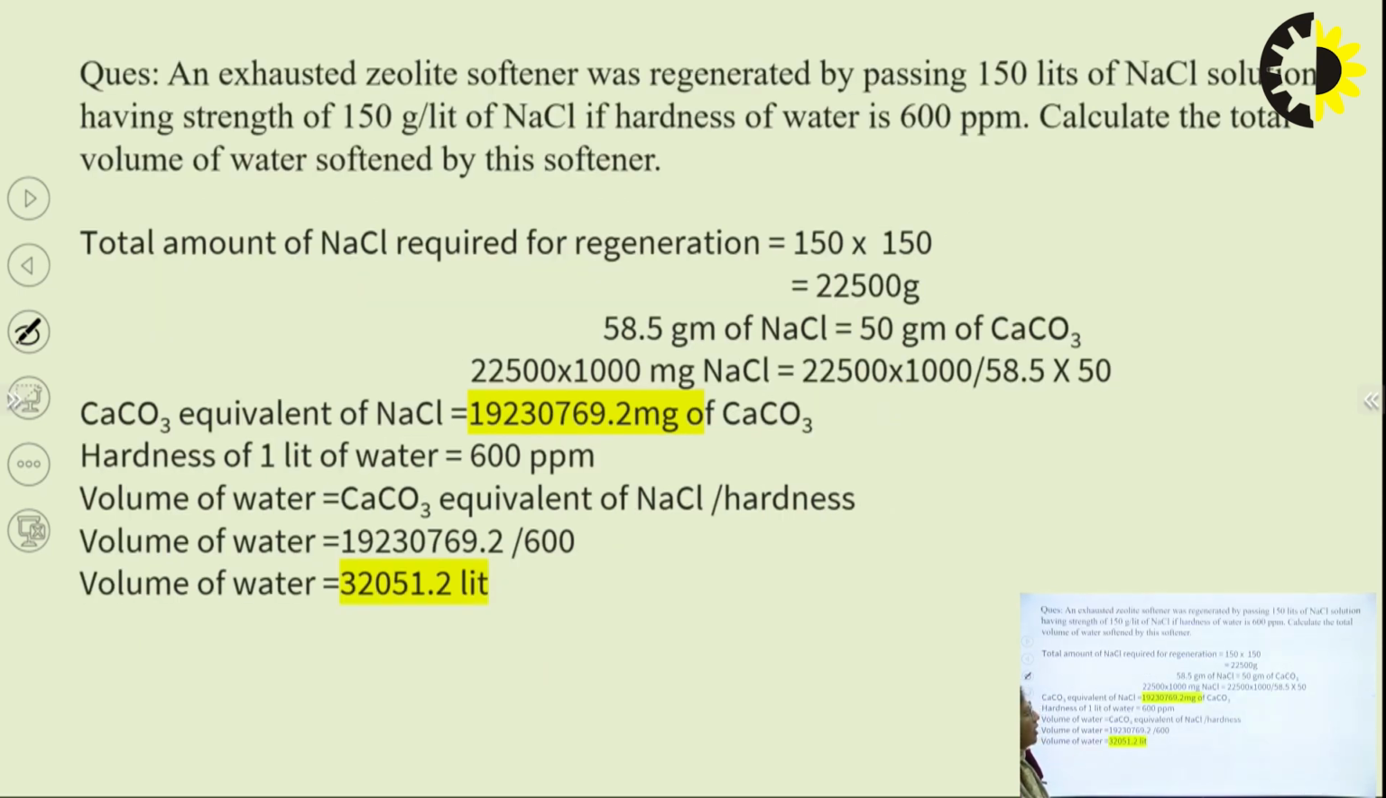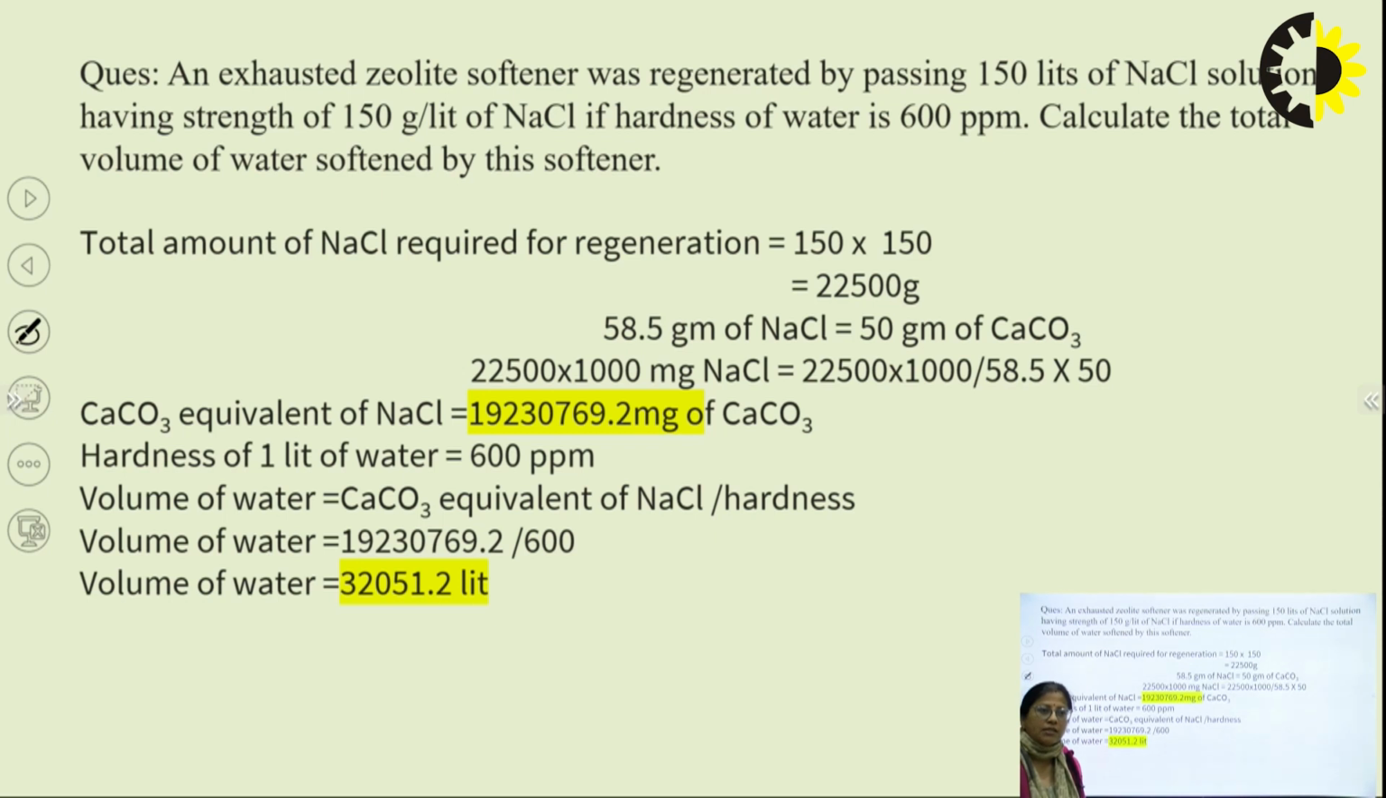Here I am taking another numerical also. An exhausted zeolite softener was regenerated by passing 150 liters of NaCl solution having the strength of again 150 gram per liter of NaCl. If the hardness of water is 600 ppm, and ppm and milligram per liter are one and the same thing, so here hardness is given and we have to calculate the total volume of water that can be softened by